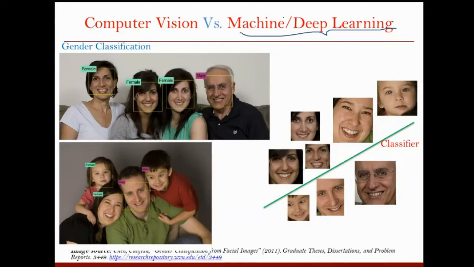Okay. So let us consider this example where, in a given picture, we are trying to find out whether the face is a male face or a female face. Let's say we want to do gender classification based on face. So let's say this is the problem given to you. In what category will you keep it? Will you consider this a computer vision task?